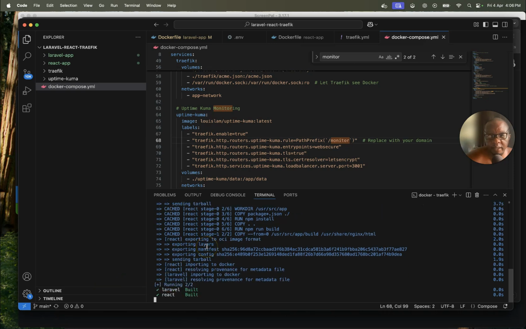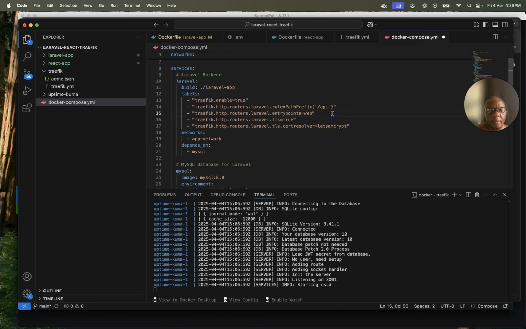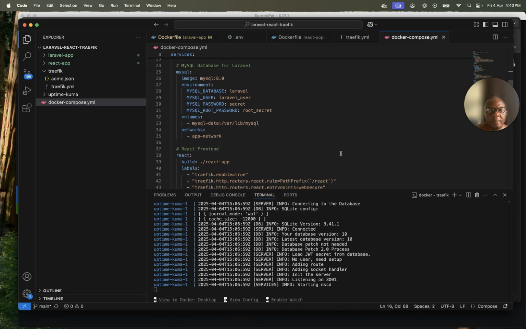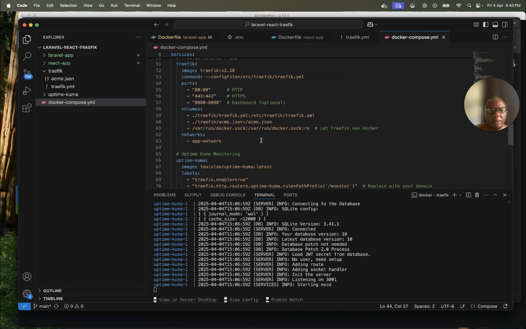This takes a few minutes, in case you don't know. So we need just one or two more configurations, and here instead of web secure, we can do web, and we may attempt to configure the server to port 80, and we do the same thing with React. Instead of web secure, we'll do web. So instead of Laravel here, we'll do React. But when it comes to Kuma,